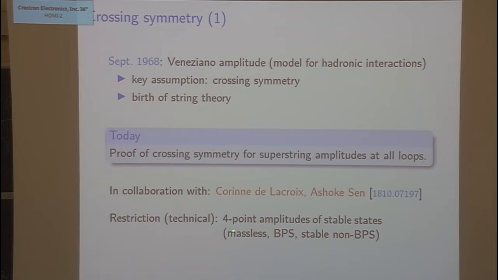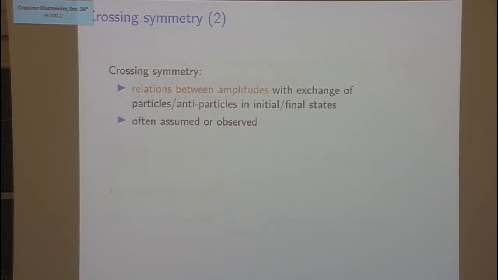So the first is that it will be the crossing symmetry just of 4-point amplitudes and of stable states. So in my opinion, it's rather like a technical assumption which is also present in QFT. So if you can solve this in this case, you can also generalize the proof in QFT. But for now, we restrict to what is already known in quantum field theory. So just to summarize briefly the main ideas.